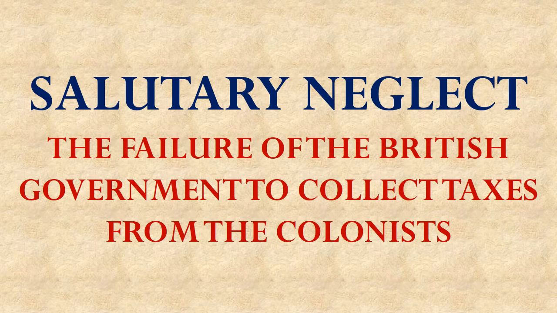To understand what happened in these historical events, we have to remind ourselves of a principle learned in the last lesson, the idea of salutary neglect, which was the failure of the British government to actively be involved in the governance of day-to-day life in the colonies, allowing them to make their own laws, choose their own leaders, etc. But most importantly to the story told in this lesson, salutary neglect refers to the failure of that central government back in London to collect taxes from the colonists here in America.